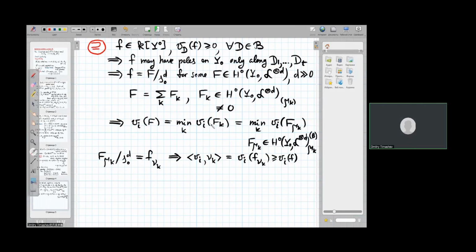And if we subtract the value of the denominator, we get the value at this fraction. So the minimum of these values will be exactly this guy, the value at f. So f nu k is